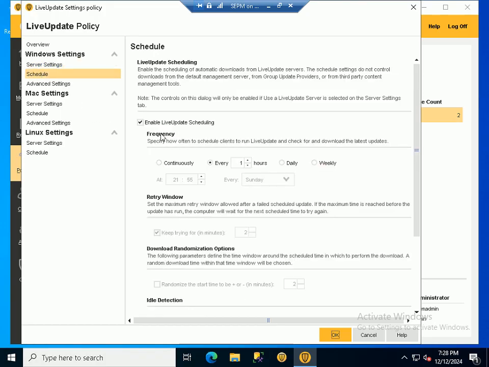Next, I can define the schedule, enable live update scheduling. As of now I have given a frequency of every 1 hour. So every 1 hour it will check for the live update content from the SEPM side, not from the client side. Okay, if I click on advanced settings,